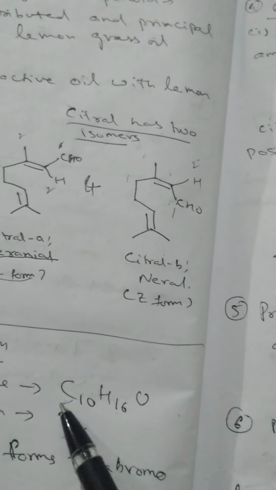So they initially found out that the formula was C10H16O. So out of that, one is CHO, so they took out CHO. What is left is C9H15, and when they reacted it, they got some compound. They don't know exactly what it is, but they kept the name geranic acid because CHO got oxidized to COOH. So one thing is sure, this